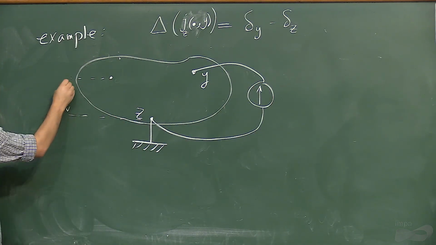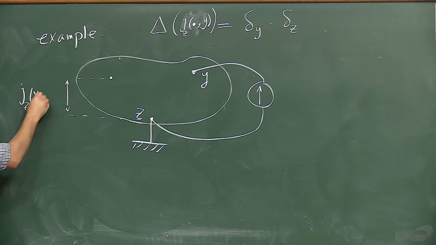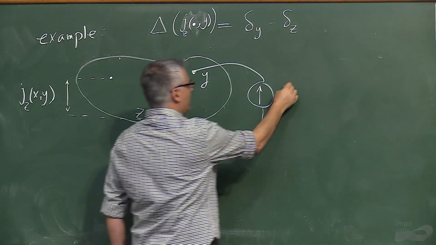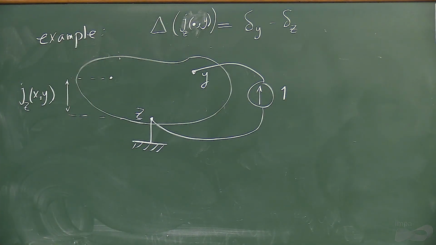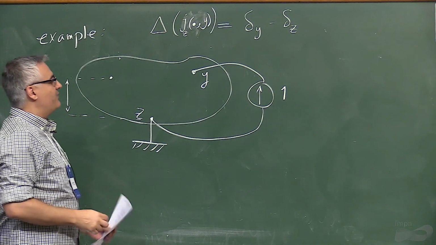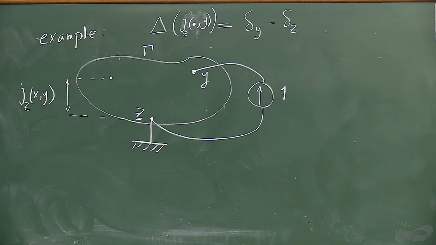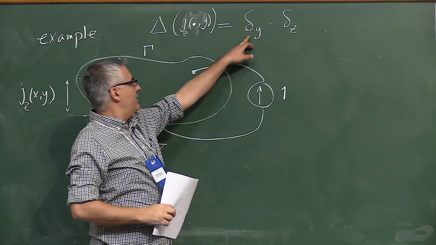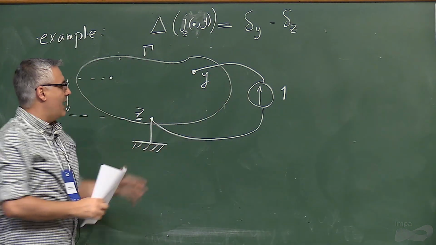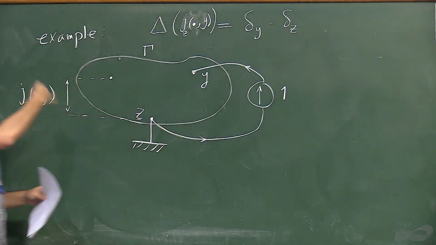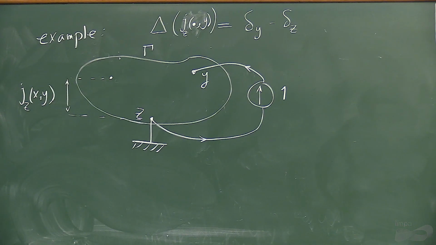I'm going to explain in a moment what I'm doing. I'm going to put a battery, which is a source of current, not a source of voltage, not the battery that you buy in a grocery store, but a multi-hundred-dollar battery that fixes one amp of current going into your network. This is your network gamma. So that's the plus delta y. Minus delta z, the current is coming out here. And then this network is going to get warm. It's a resistive electrical network. All these lines in my network are considered to be copper wires. The longer a line is, the more resistance that line has. And then what I'm computing is precisely the